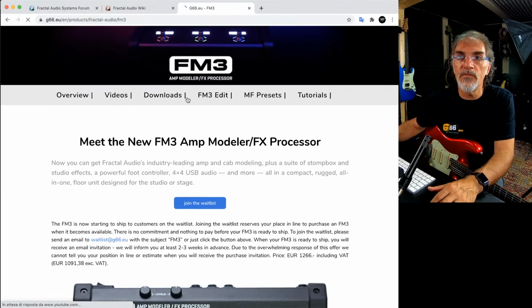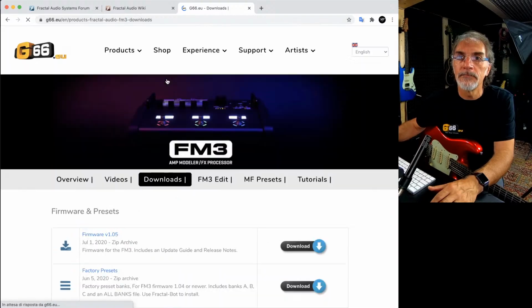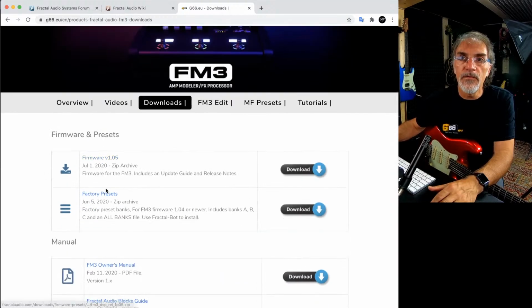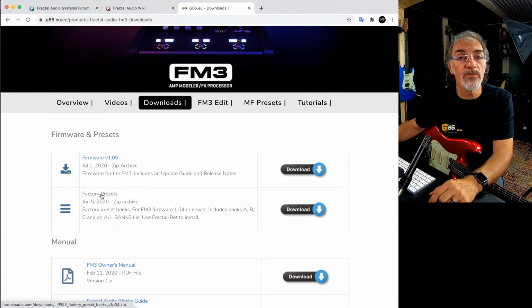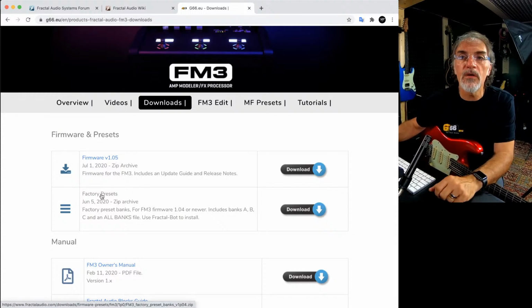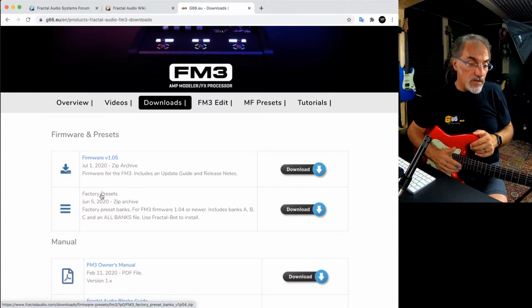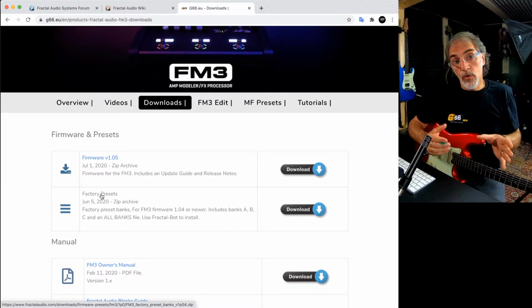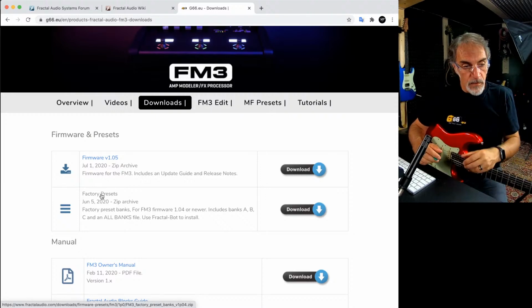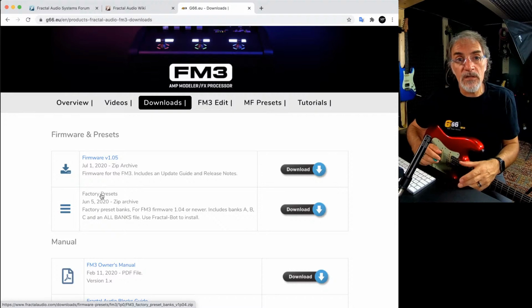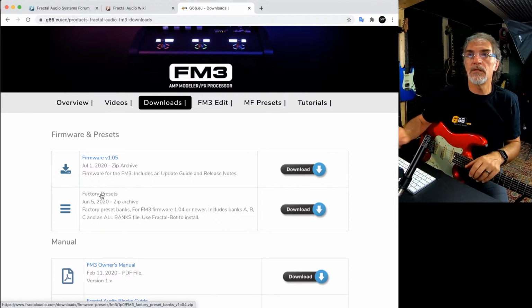This is the reason that you find both firmware and factory presets. Now, when the new firmware version, the 1.06 version, will be out very soon, you will also have the new factory presets. New factory presets are made to use the new features and to optimize the CPU performance.